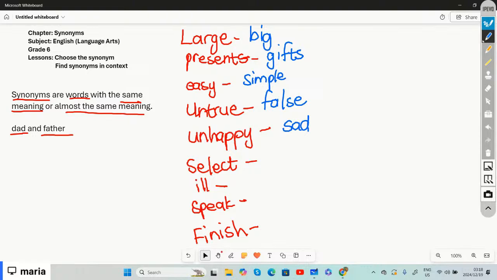If you were to select something, then what is another word for select? Another word for select is to choose,